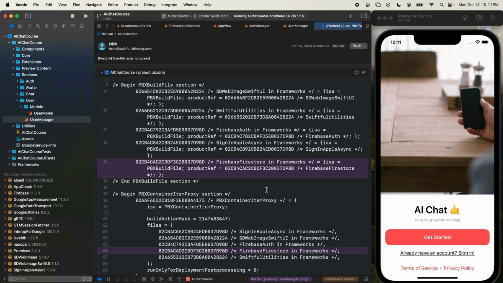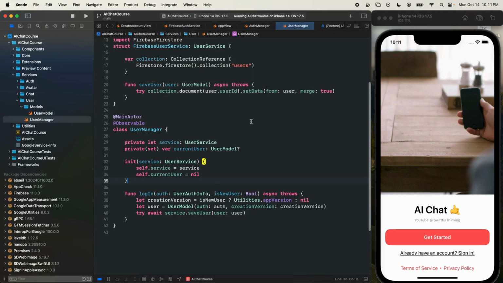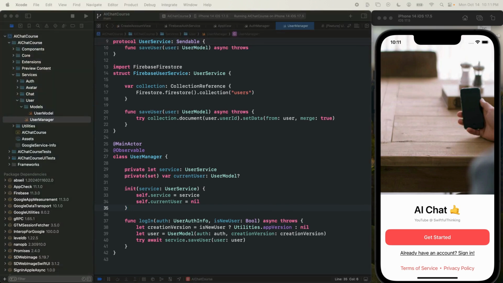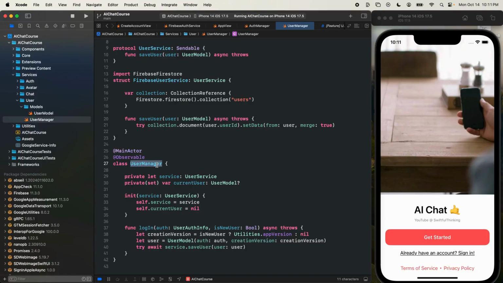What is up, everybody? We are back and we got our user manager working. Our user manager is set up, and in this video, we're going to just add a bunch more stuff to our user manager. Before we get into it, though, I do want to just quickly point out,